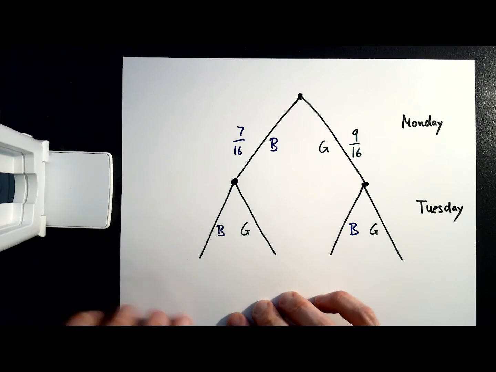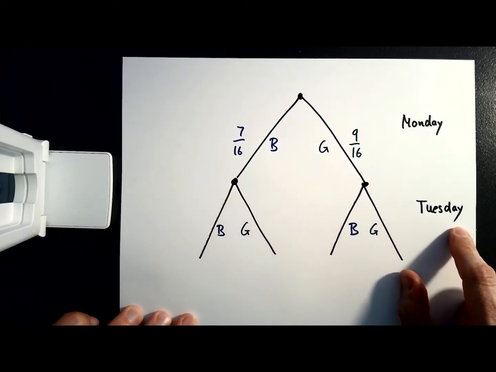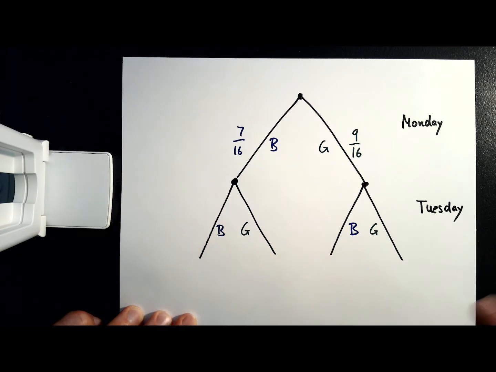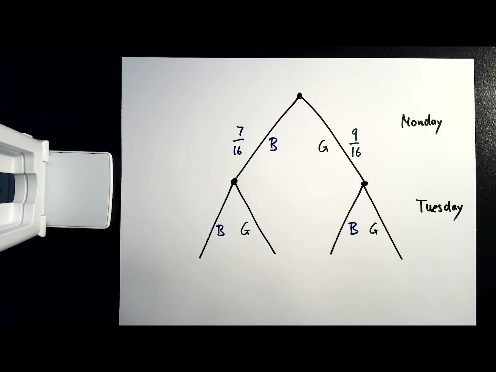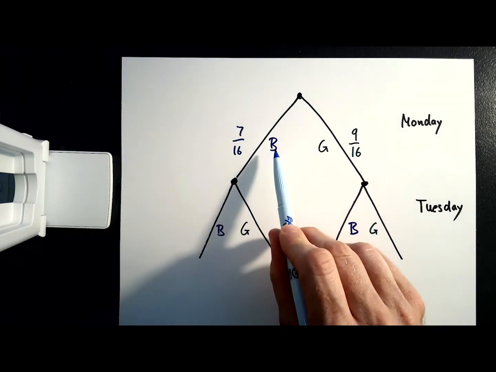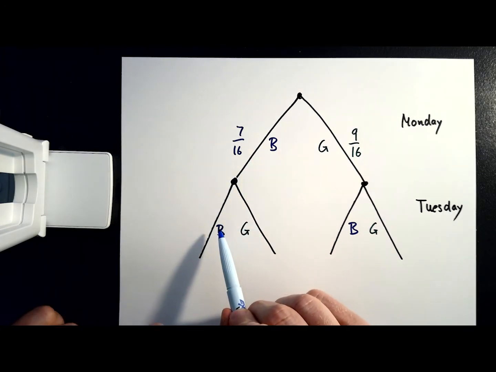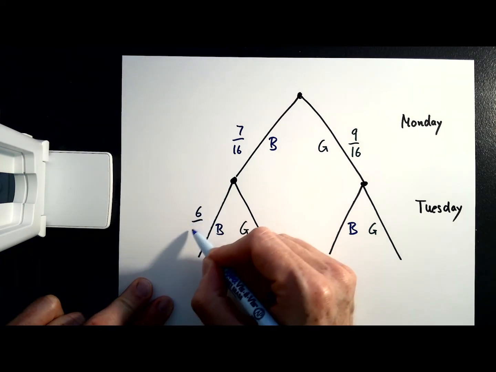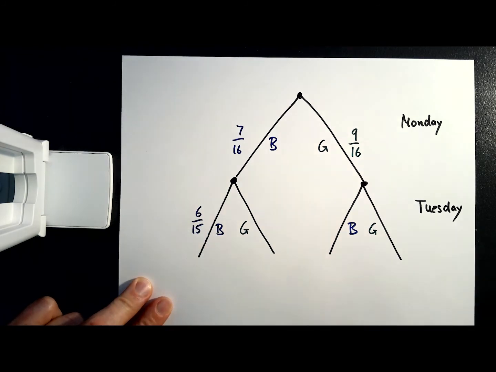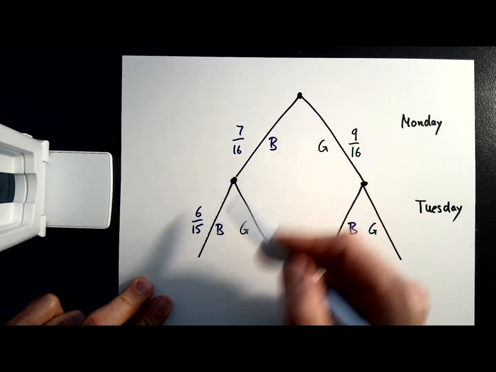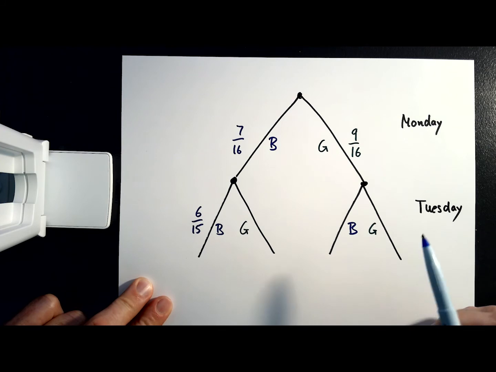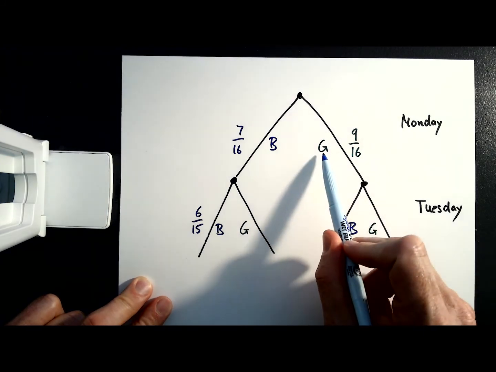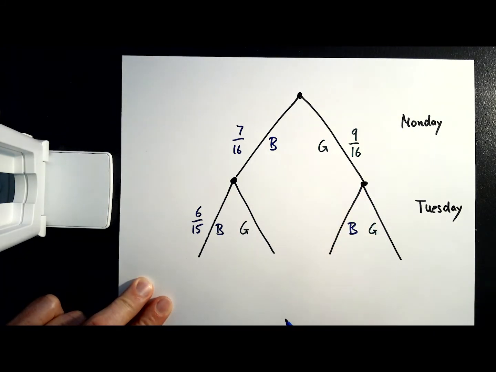Okay? Now note that the second day, on Tuesday, there is a slight difference in probability. When you pulled out a blue shirt on Monday, then the probability of pulling out the blue shirt on the second day is now 6/15, because you only have 15 shirts left and one blue shirt is gone. Whereas if you pulled out a green shirt on Monday, then your probability of getting a blue shirt on Tuesday is